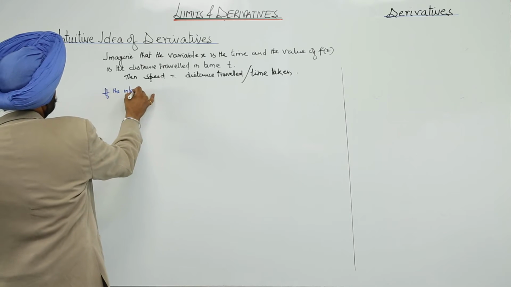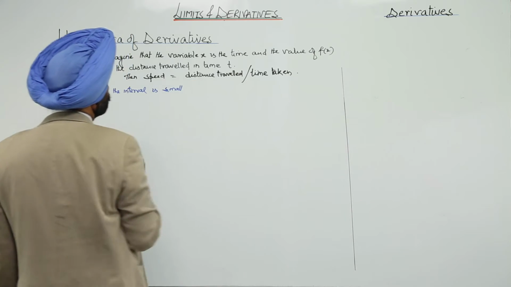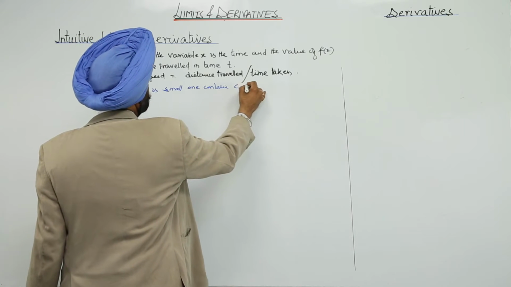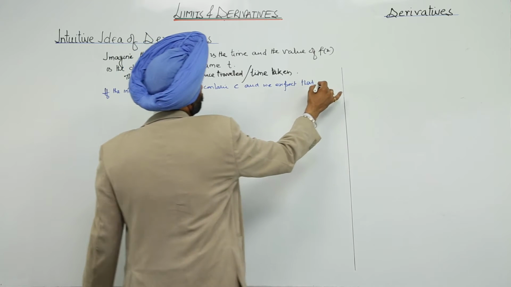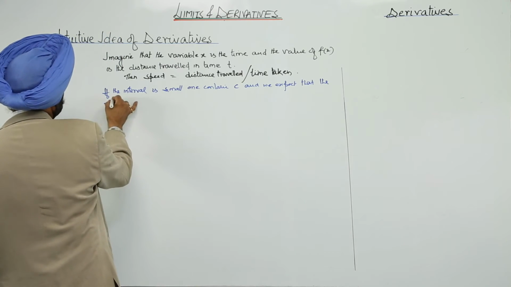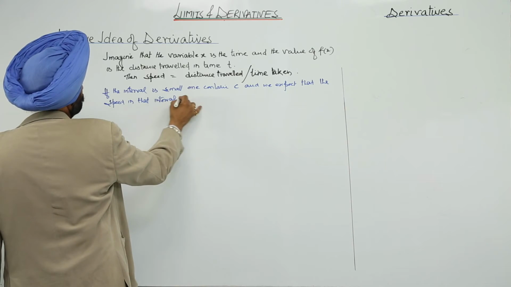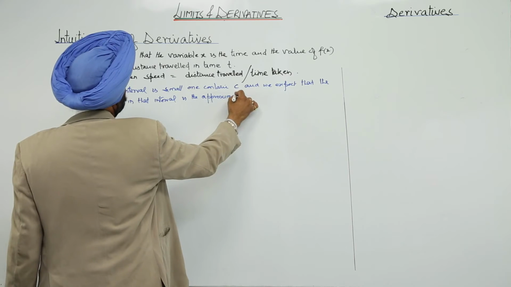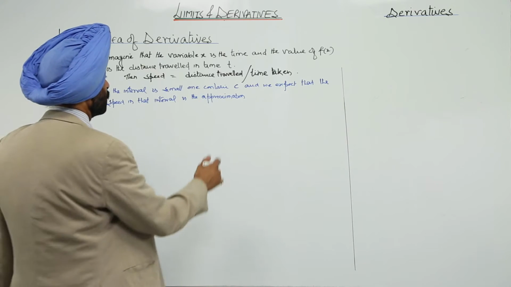if the interval is small, one containing c, we expect that the speed in that interval is the approximation, or you can write it that we expect that the speed during that interval, okay, one and the same thing. Speed in that interval is the approximation of the speed